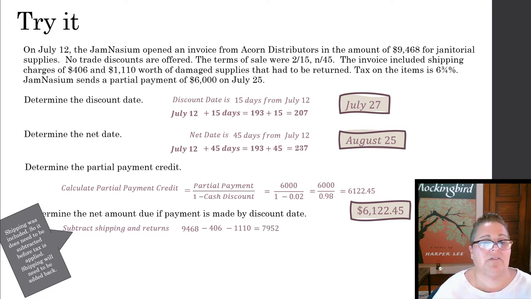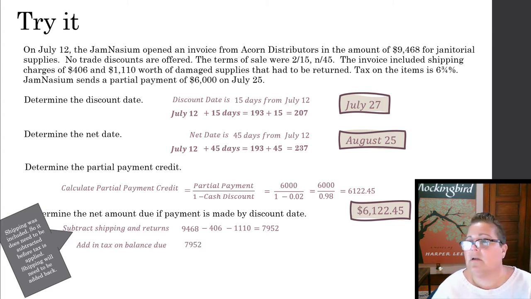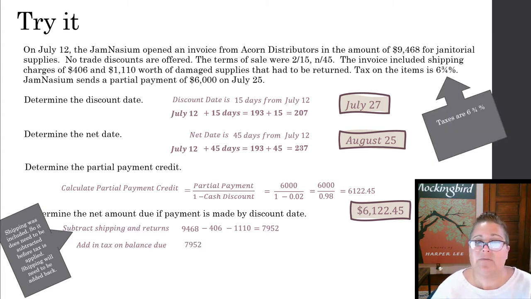That gives me $7,952. Now, that's the amount that will be taxed. So that's my balance after I take those out. So that's the amount I'm going to have to pay tax on. What was tax? All right, so tax was 6 3/4%. This is why you practiced this a week ago, right? 6 3/4% is